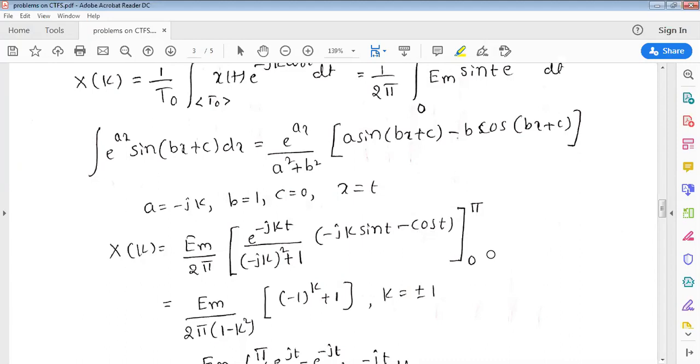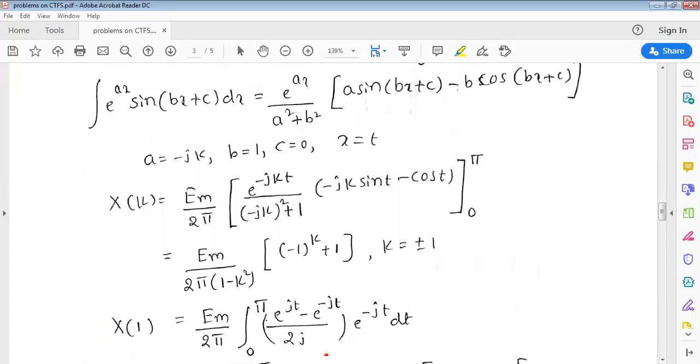Whether you understood the substitution or any doubt you have? No, sir. Okay, but if you remember it, it will be easy, but otherwise you have to do a few more steps in the integration. The choice is yours, how you do the integration. But one way I have shown it to you, that's all.